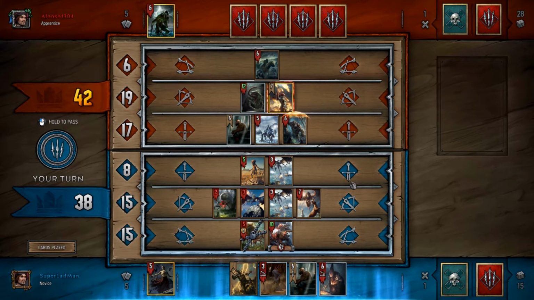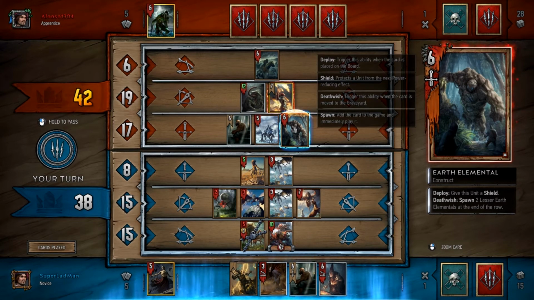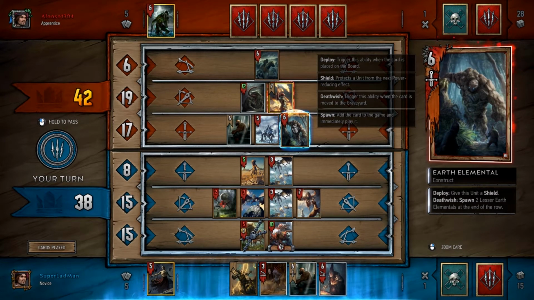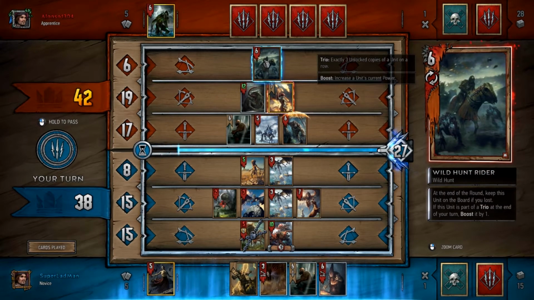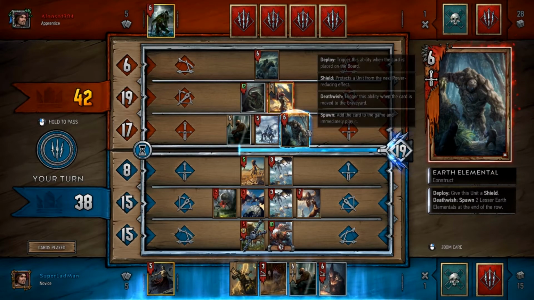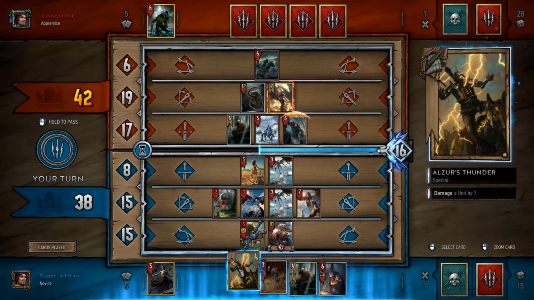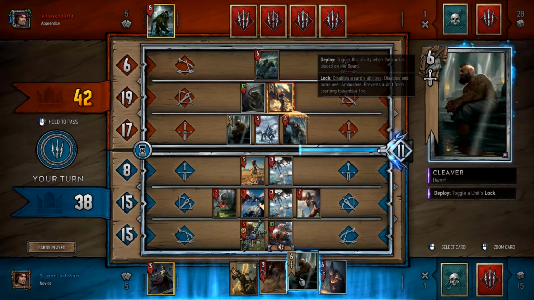He's committing. I'll give him that. So, we're 4 points behind. I could Cleaver his Earth Elemental so he doesn't take that into the next round. Same with the Wild Hunt Rider, we could actually lock that so it gets destroyed, its ability doesn't work. I guess the Earth Elemental though, just in case we decide we want Alzur's Thunder away the Wild Hunt Rider. I doubt we will. I don't really want to use Cleaver this early, but